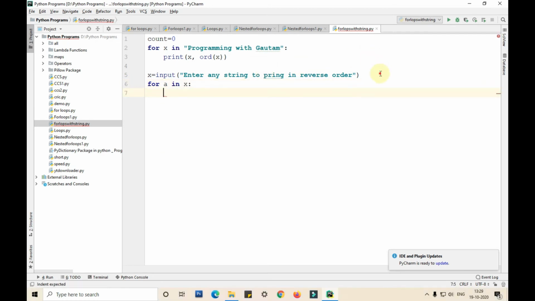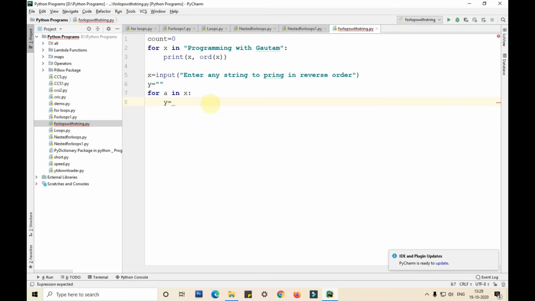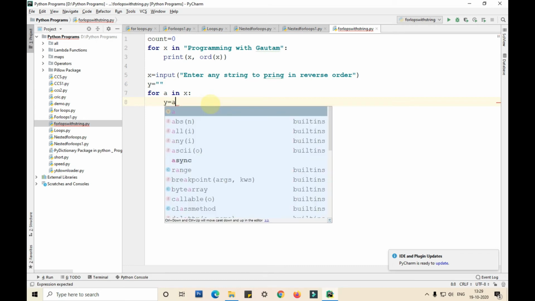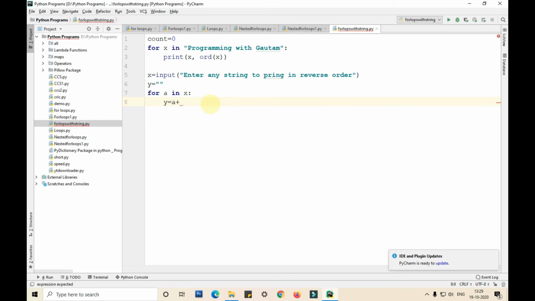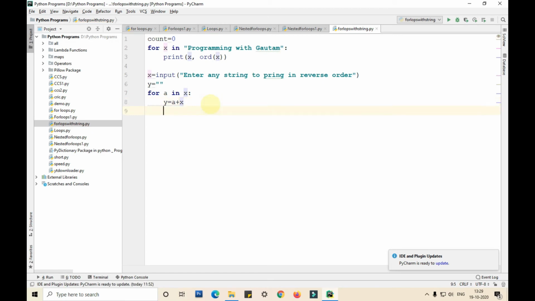I'll take one more empty string, guys, so that it'll be easy for me to inverse it. y equals to a plus y. Okay. Now I'll print this. Print y.